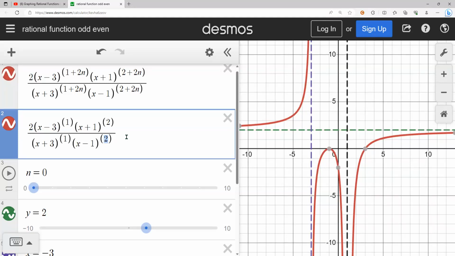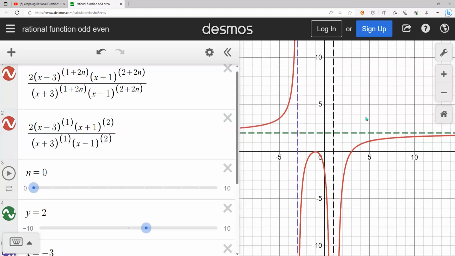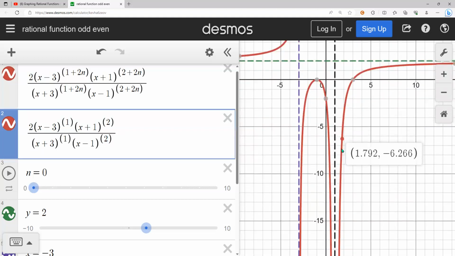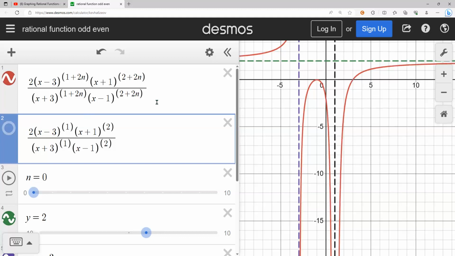Either both go towards positive infinity or both go towards negative infinity. So over here, you see both go towards negative infinity. When you go towards the black line, you're going downwards, right, the y value getting smaller and smaller. Okay, so in order to generalize this, just for fun, I make it into plus